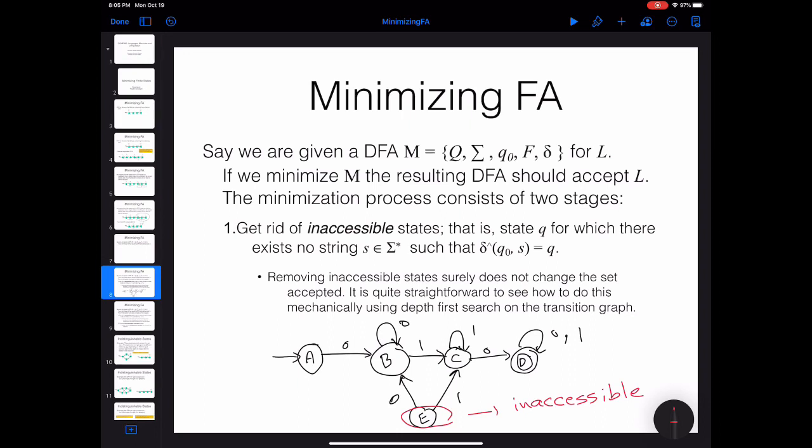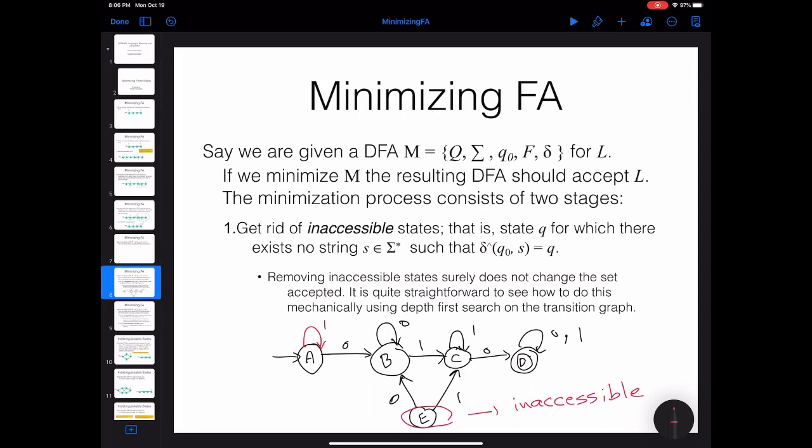Why? Because if you start from the starting state, let's actually have another transition that from A it goes to 1. With 1 from A you go to A. From the starting state, there is no chance that you can reach the state E. So all of the inaccessible states that you have, you can simply get rid of them. They are not going to play any role in accepting or rejecting any string, because you cannot reach them